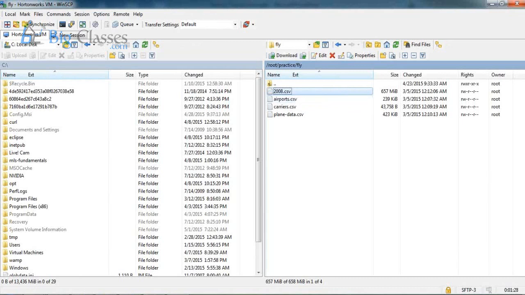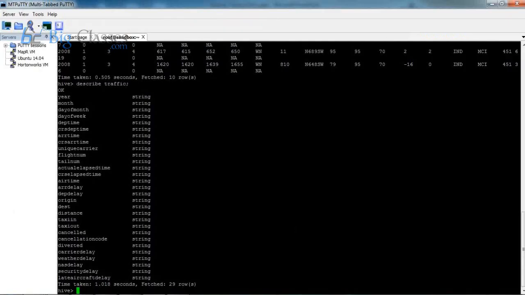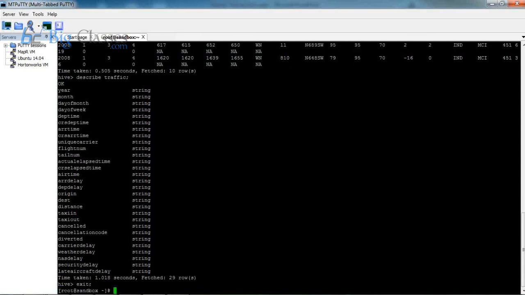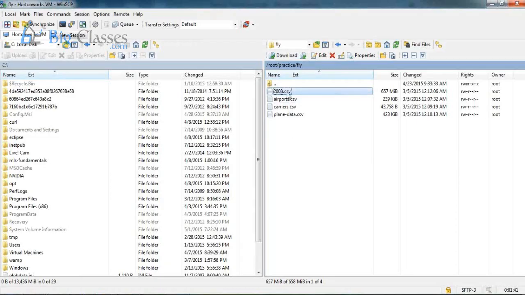So if you are keen on understanding the file, let me exit from it. What essentially this means is that this file could have been 600 GB or 600 terabytes, it doesn't matter at all.